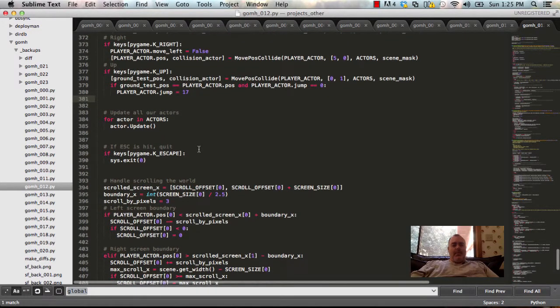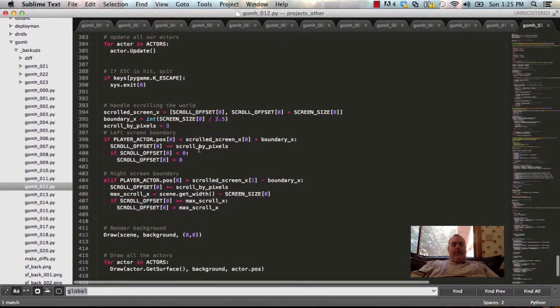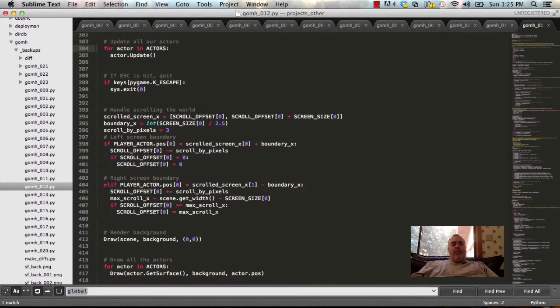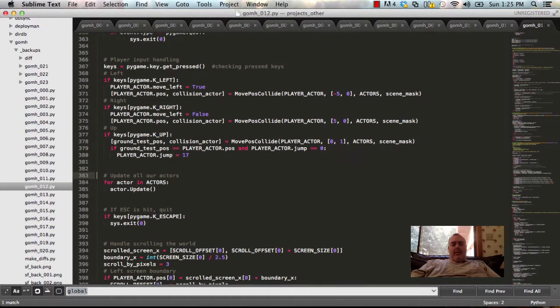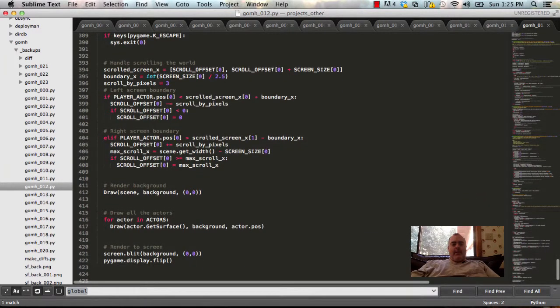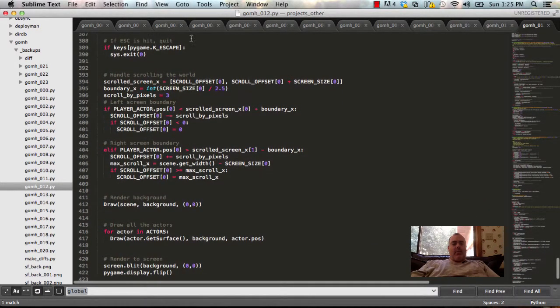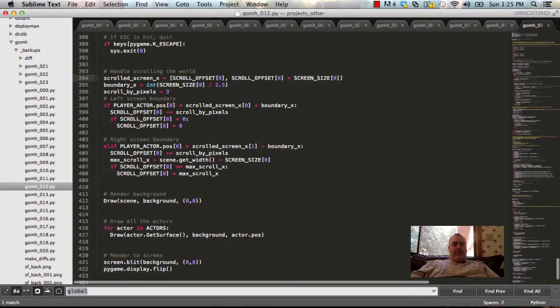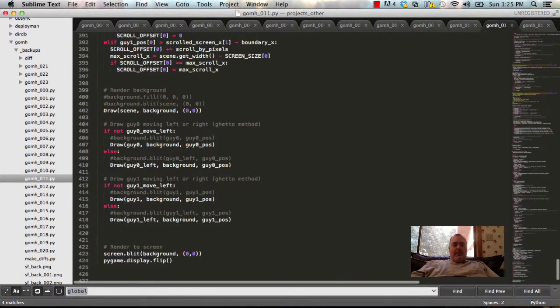So this is where the physics happened. We go through all the actors, enemies, player character, doesn't matter, and we run update. And this handles our up and down. I still haven't found the bug, and I think I'm at the end. So we do our quit, we get our screen scroll, and my guess is,